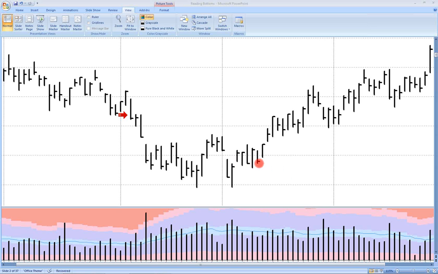Anyway, the point is that if we did a point and figure chart, we would have a line right along here that would illustrate the buying that was going on. Okay? So, this is a good little model to utilize in assessing